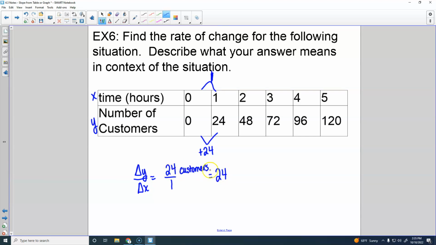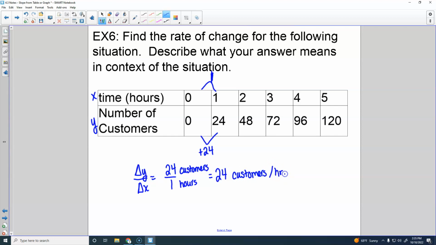Right, so if I just include customers with my 24, the X, my change in X on the top, how was that X being measured? Hours. So this can help us sometimes. This is not the most confusing situation. We'll see one that is confusing on the next one. This is customers per hour, right? Because customers is on top, hours is on bottom. So 24 customers